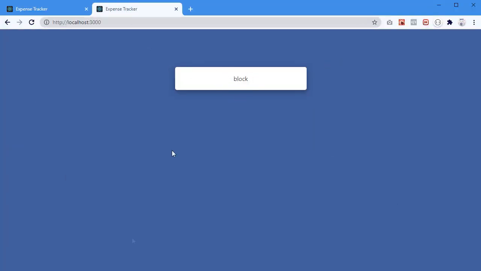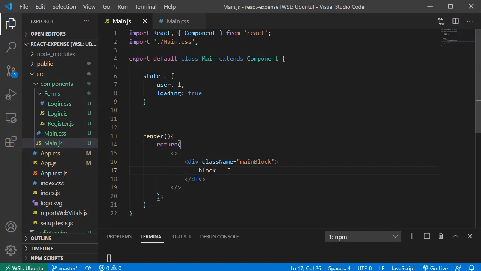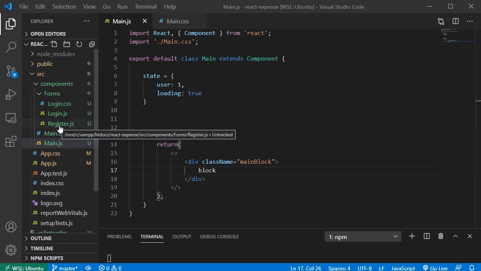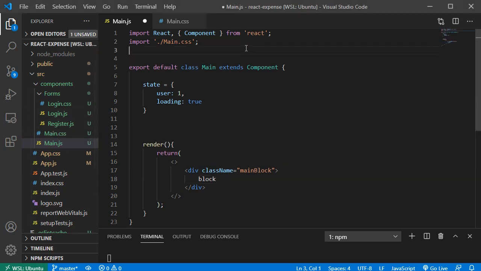and if we go back here, that's what we have right now. Okay, now it's time to add the form. In order for us to add the form, let's say the registration form, we have to create this form in our register.js component. So I'm going to go ahead and import it here,